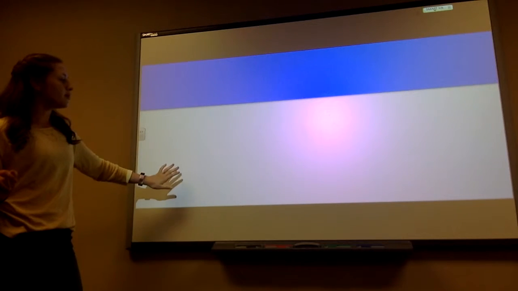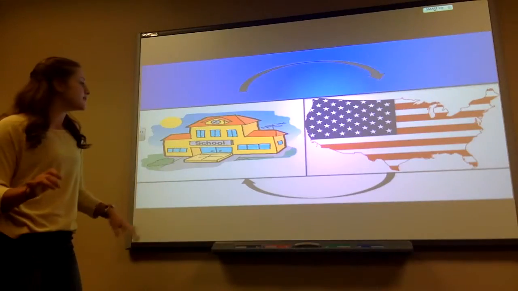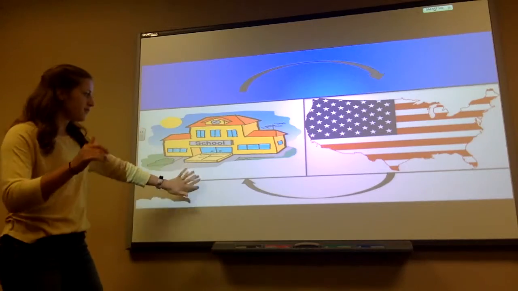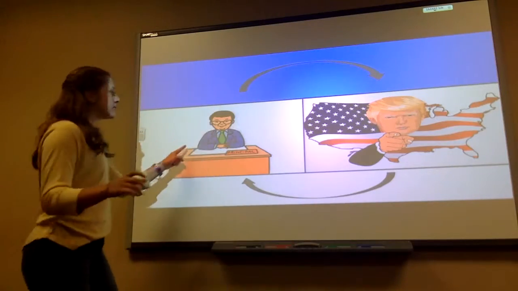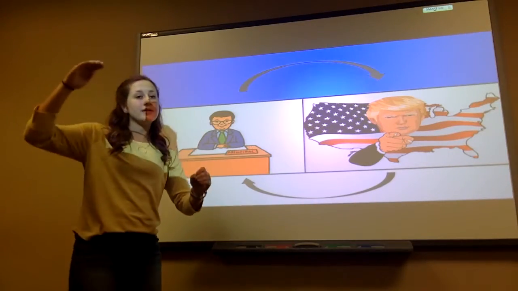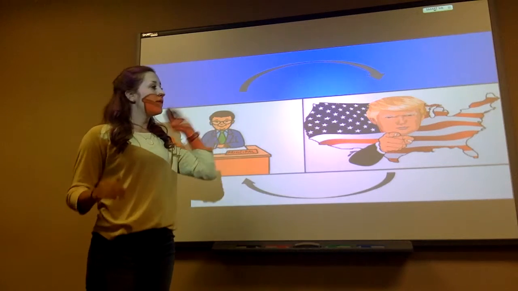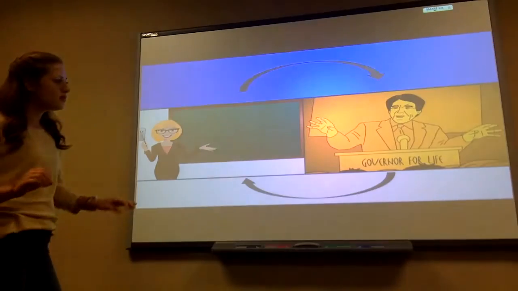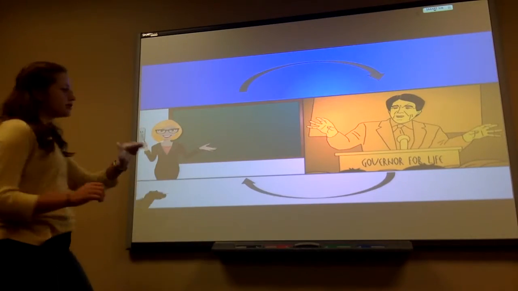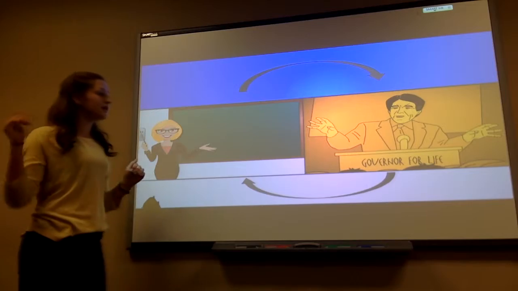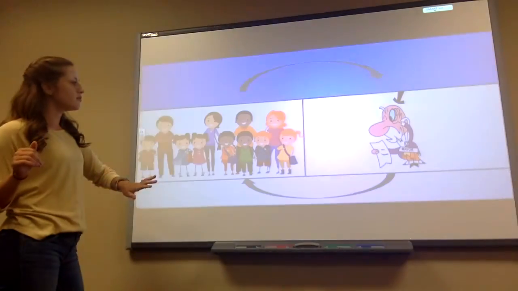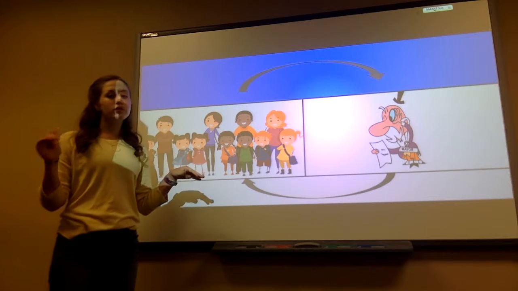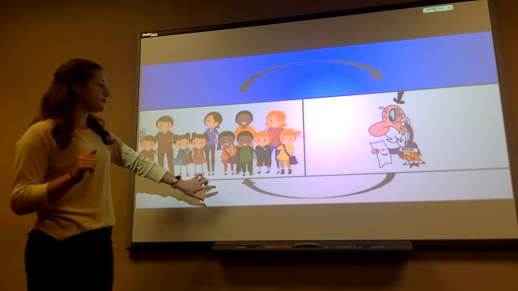Okay, so remember our analogy or comparison. United States, elementary school. Okay? President, principal. Remember, the highest level of authority of the executive branch. The federal level, president, principal. Governors, teachers, the state level, the next level of authority. Mayors, parents, or students, the local level, the lowest level of authority of the executive branch.